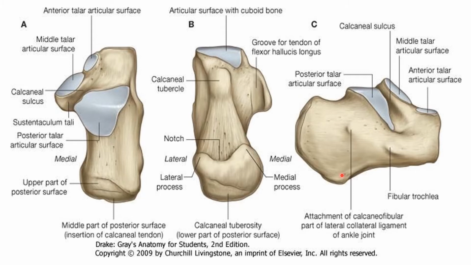Its anterior part shows a small elevation which is known as the peroneal trochlea or the tubercle. So fibular trochlea and peroneal trochlea are one and the same. So this is the lateral surface, which is more or less flat. Its anterior part shows a small elevation known as the peroneal trochlea, or fibular trochlea, or the tubercle.